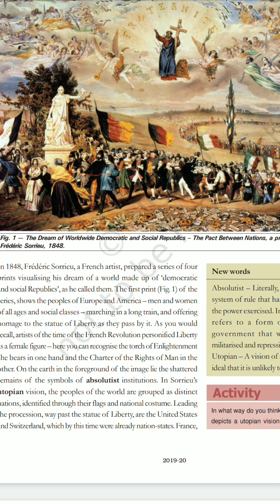It is a proverb said all over Europe that if France sneezes, the rest of Europe catches cold. Because of that, Frederick Sorrieu thought, and he was very right in his thought, that